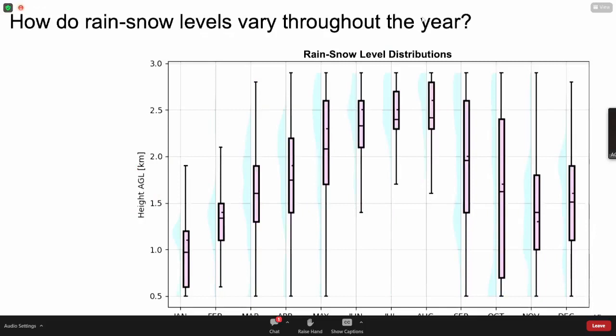for the many years. I'm showing a box and whisker plot and half violin plots for the empirical distributions. We have the height above ground level on the y-axis, and each box is for each of the months. We can see the spread of the rain snow levels in height. Also, we can only see up to 3 kilometers above ground level because that's the operating range height of the radar. So while in the summer months we could have higher rain snow levels,